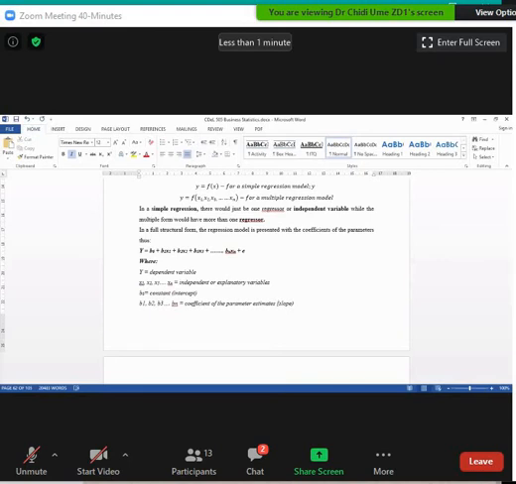The constant and the slope. That's the intercept and the slope. Now, the constant is the value of y when all the parameters are held at 0. Then while beta 1, beta 2, beta 3 are the coefficients of the